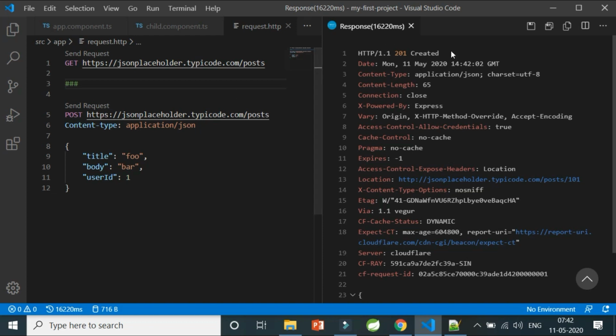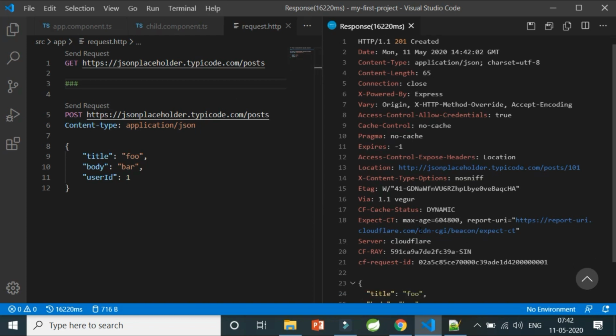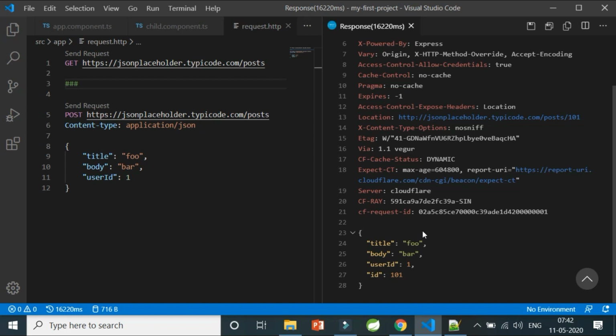And here itself in Visual Studio Code, you will be able to see your responses, and hence it makes your life much easier. You don't have to navigate from one application to third party applications like Postman to put your application's URL, your headers and everything there, and then view and map those responses back to Visual Studio Code. So this is a very important extension if you're doing front end development and you need to interact with backend APIs.